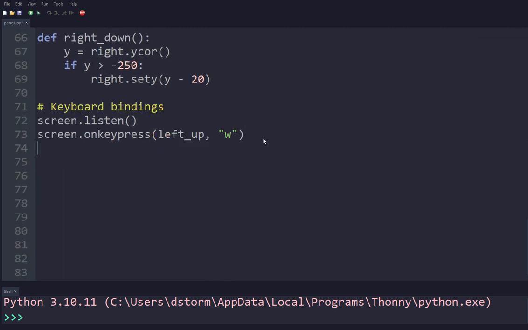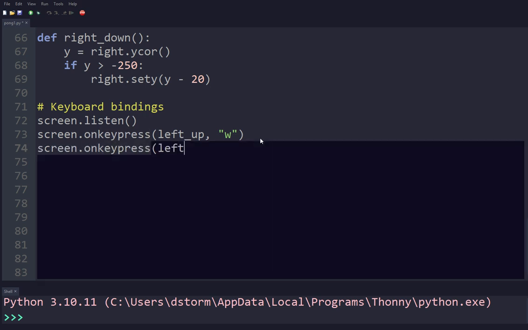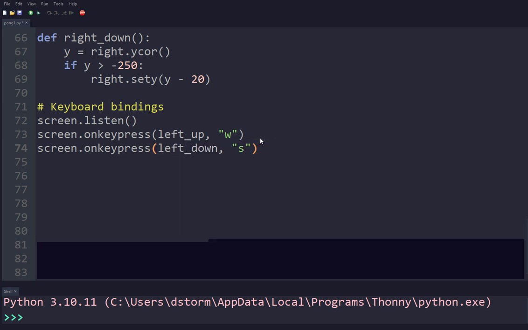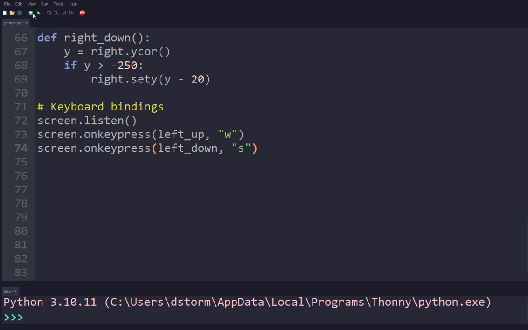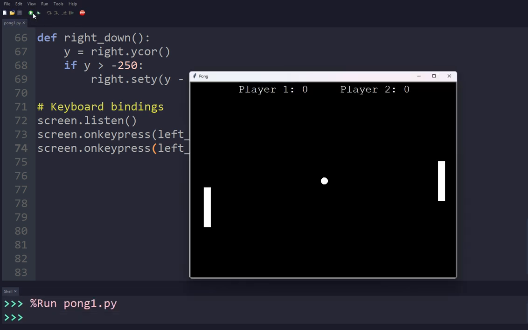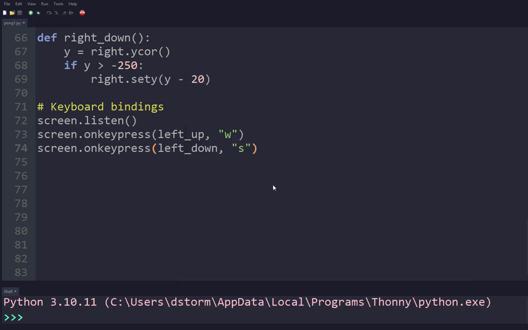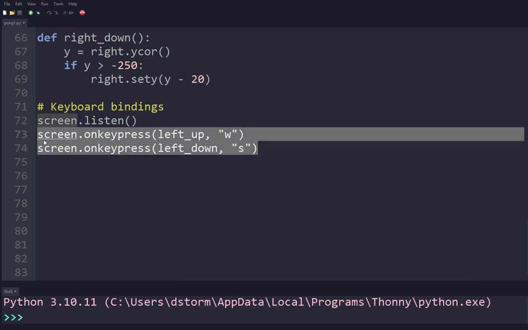All right, let's try doing down. Screen.onKeyPress, left down, and we're going to set it to the S key. Okay. So we can move down. Fantastic. So we can move up, and we can move down. Wonderful. All right. Now all we need is